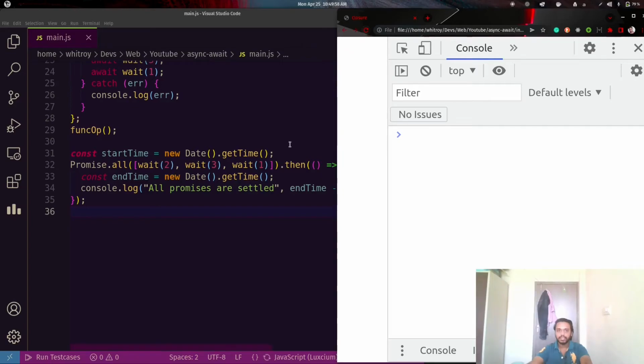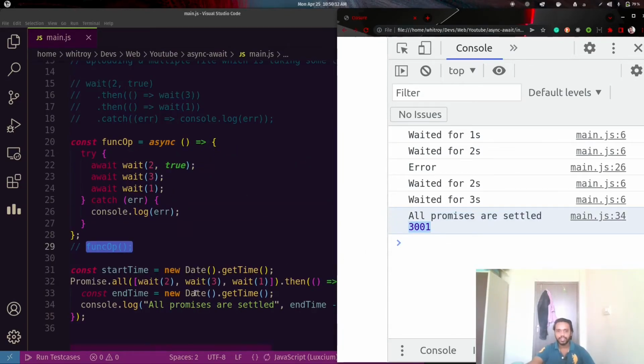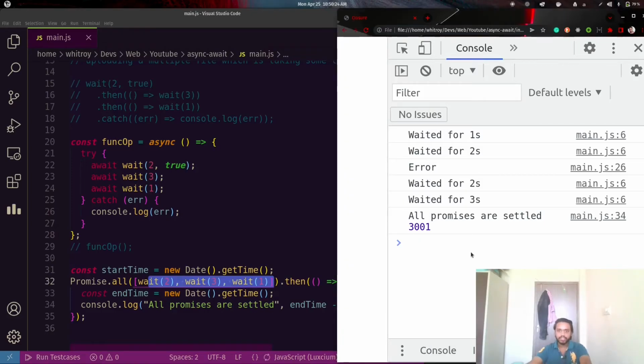So let's check. It is taking 3 seconds, the maximum time among all the values which we have passed as an array, and it is working as batching.